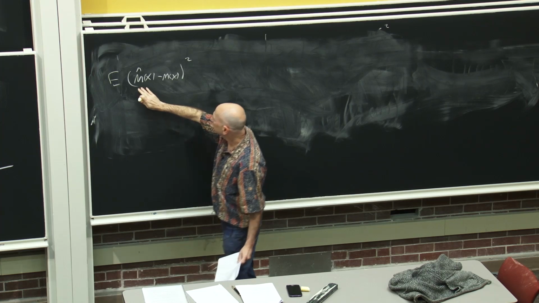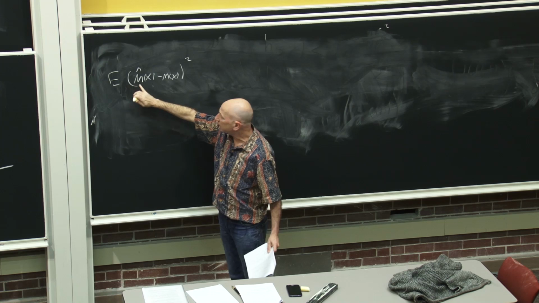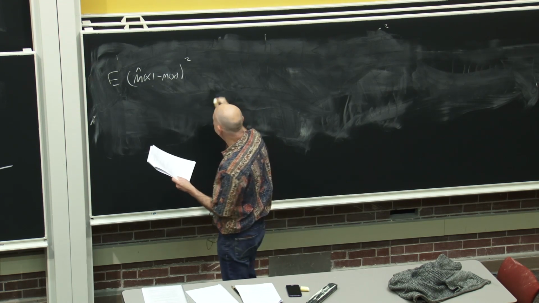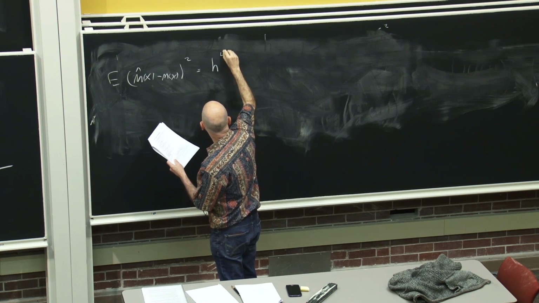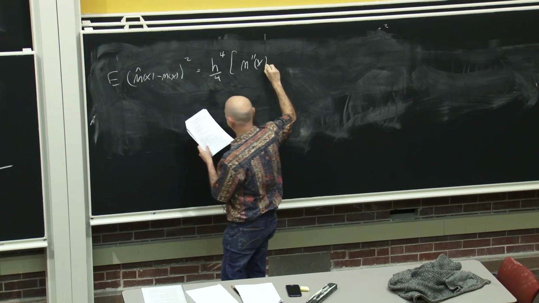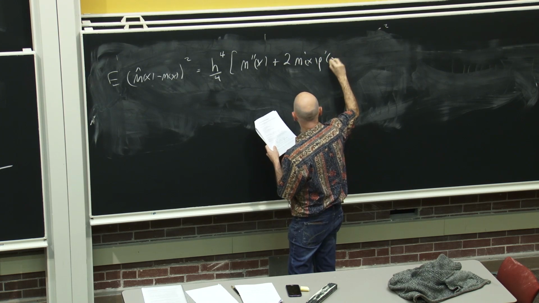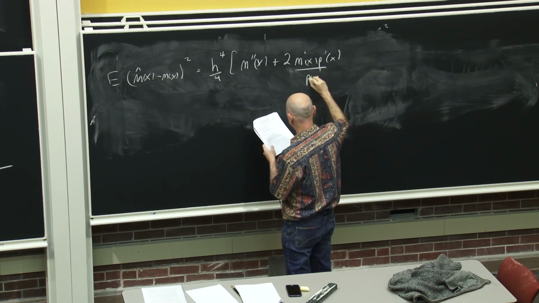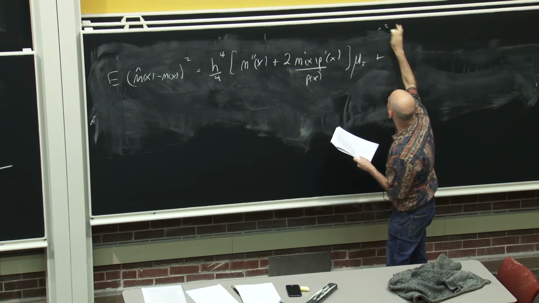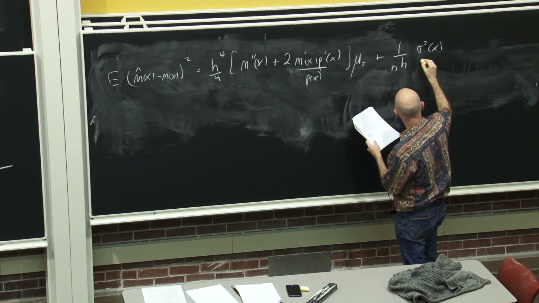So let's look at, what I'm doing is I'm fixing an x. This is not random. So the randomness is over the training data that goes into the m hat. And I'm just asking what's the MSE. The MSE is the bandwidth, h to the 4th over 4, times the following complicated looking term, m double prime plus 2 m prime of x, p prime of x over p of x, times this constant, just call it mu2. I know this is a long expression, but bear with me.